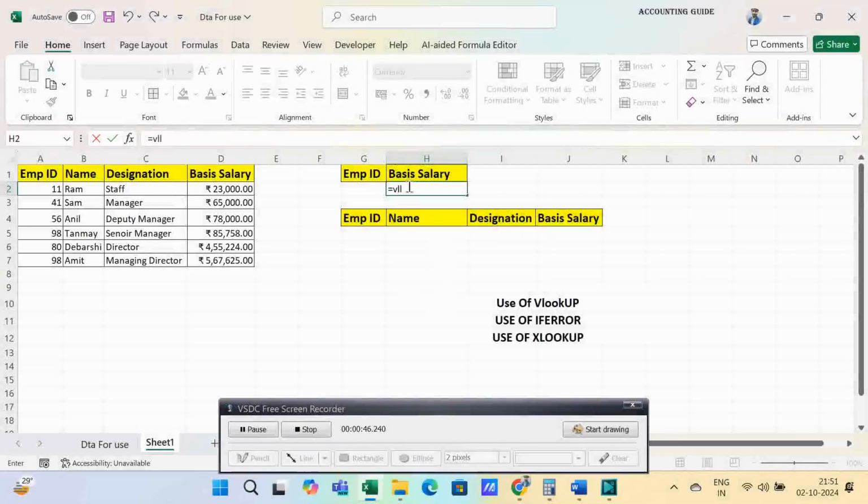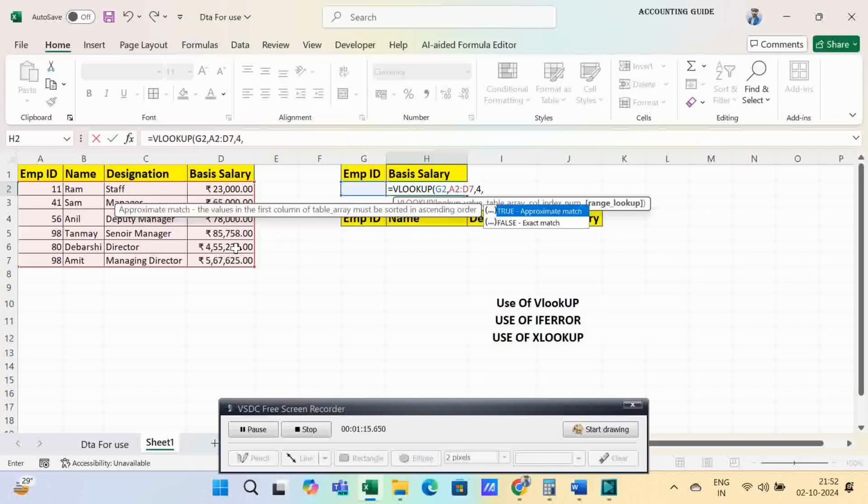VLOOKUP. Lookup value, employee ID. Select the table array, the table from which you want to find any details, and from which column you need the details. This one is the basic salary. Basic salary is the column, and from this we require this detail. So basic salary, which number of column? Column 4, and for exact match we should put 0, and close the bracket